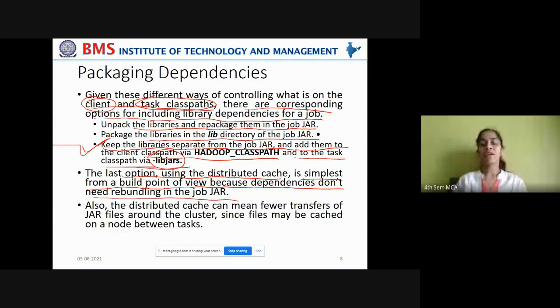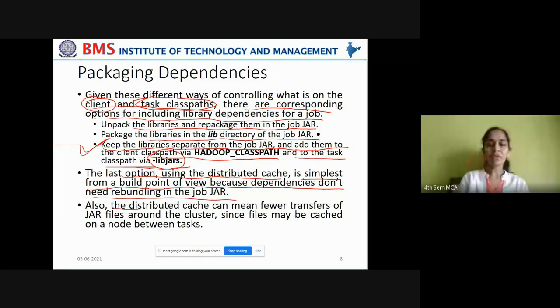Understood? A job which is already packed into a jar file and available in the cache can be used to repeatedly execute the job, rather than rebundling all the class files into the job each time and starting execution. You're temporarily storing it in a cache and executing it again and again. The same jar file is being used whenever the job needs to be executed.